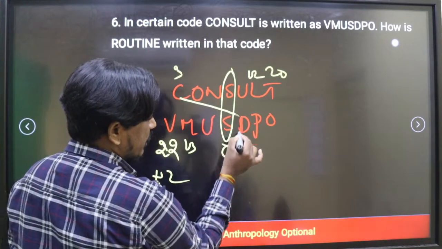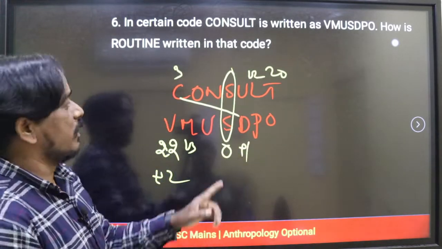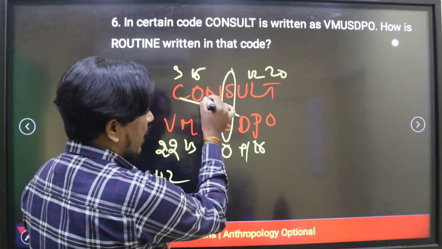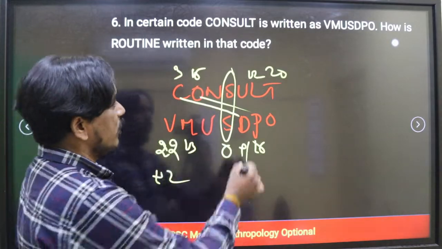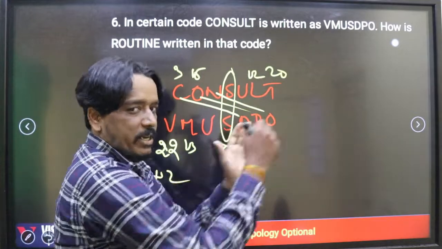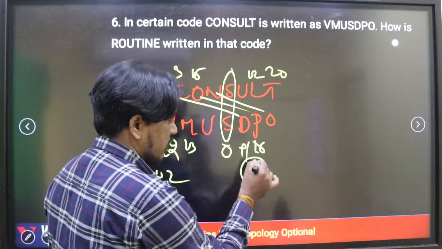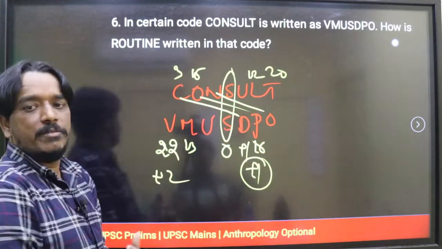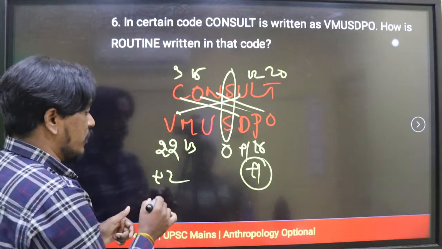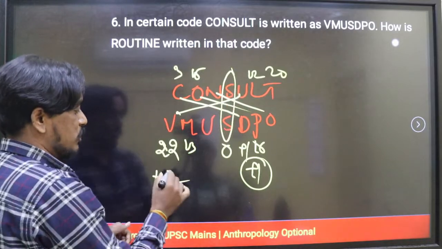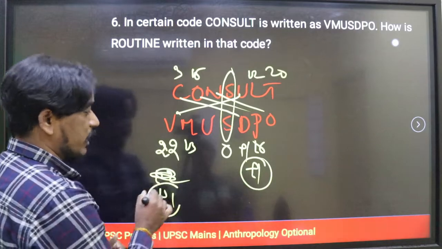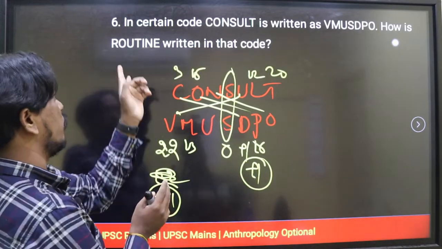If you observe, C to D is a +1. Similarly, O 15 and it's 16. Again +1 is there. And N to O again +1 is there. So the first half of letters we are writing on the second side with a +1 logic. Similarly, the second half, the first side we are writing, that is +1. Just U to V +1. Clear? Now L to M, T to U, all are +1 again. This is the division kind of logic.